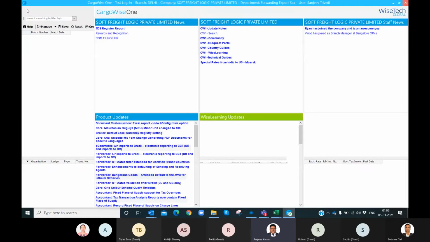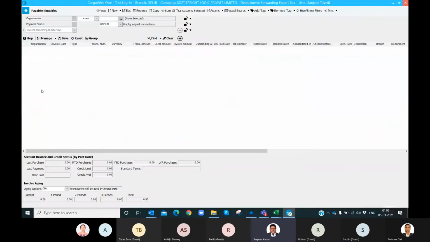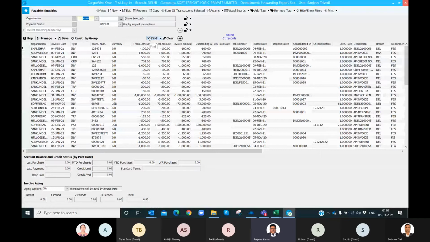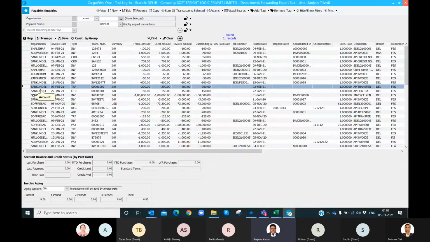Payable inquiries is the same kind of dashboard you will find in payable transactions also. But under the payable inquiries dashboard, at the bottom you will find the details related to aging of the invoices, or credit limit if set inside CargoWise, credit limit availed, those kinds of information.